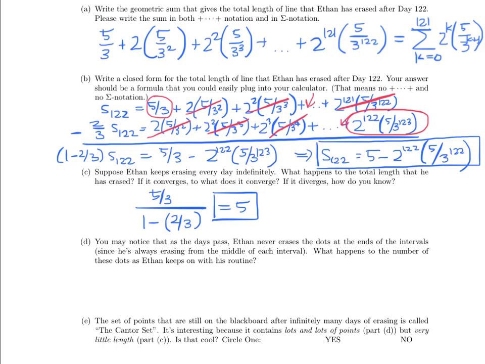It says that you may notice that as the days pass, he never erases the dots at the end of the intervals. And he started at the beginning. The first day he had 2 dots. Then the second day he had 1, 2, 3, 4, 5, 6 dots. The third day he had 1, 2, 3, 4, 5, 6, 7, 8, 9, 10, 11, 12, 13, 14 dots. And so what's interesting to note is that after day 1, he had 2 dots. Day 2 produced 4 more. Day 3 produced 8 more. And so the number of dots on a particular day is given by